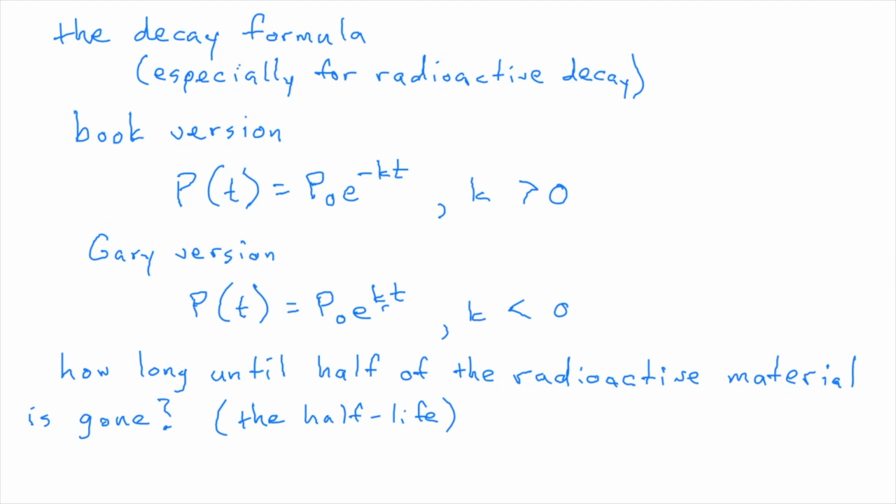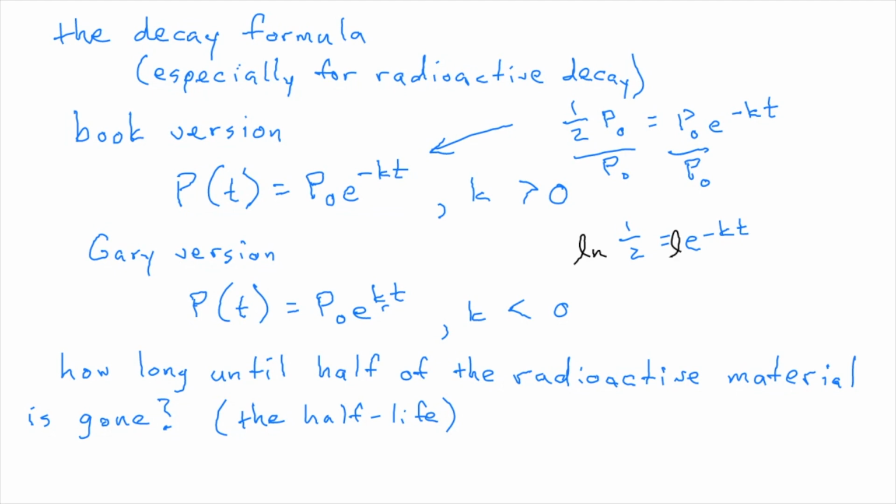And here's what you do. In order to find the half-life formula, we need a formula with half. And so start with this, right? And we say 1/2 of P sub 0 equals P sub 0 e to the negative kt. And you say, well, divide both sides by P sub 0. Whatever you do to the left, do to the right. You get 1/2 equals e to the negative kt. I'm running out of room, so I'm just changing colors. You take the natural log of both sides. What are those? Those are inverses. And so you end up with the natural logarithm of 1/2 equals negative kt.